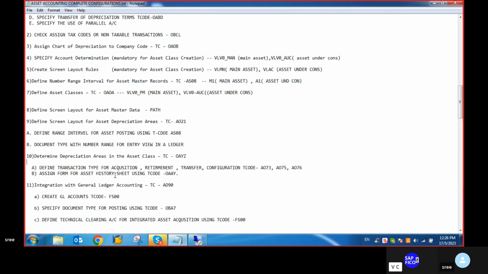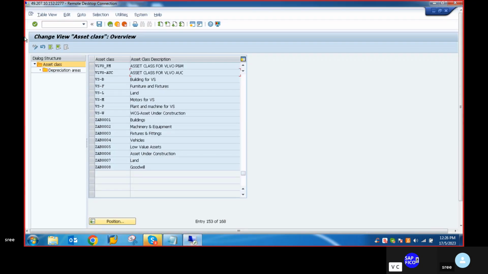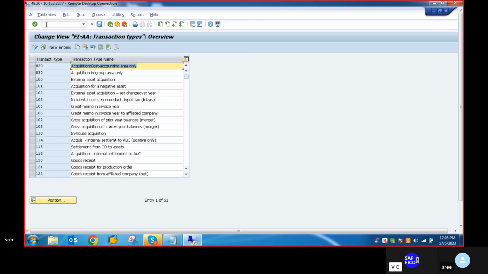Okay, so define transaction type for acquisition. I mean, purchasing of the assets, retirement, and master data transfers, and configurations using transaction codes AO73, AO75, AO76. You can just go to these transaction codes, ma'am. You are going to see a lot of details. Go to the transaction code AO73. So what are the transaction types that we can assign for the acquisition, retirement, and the transfer of